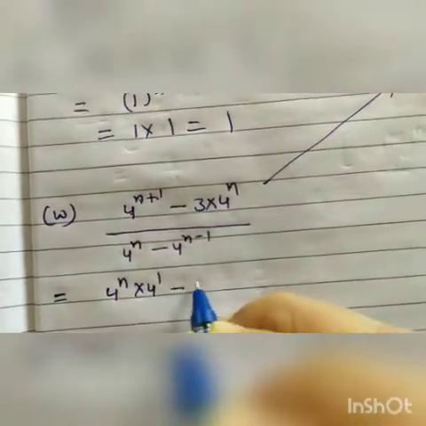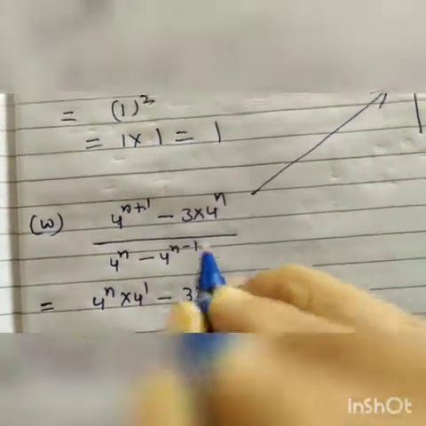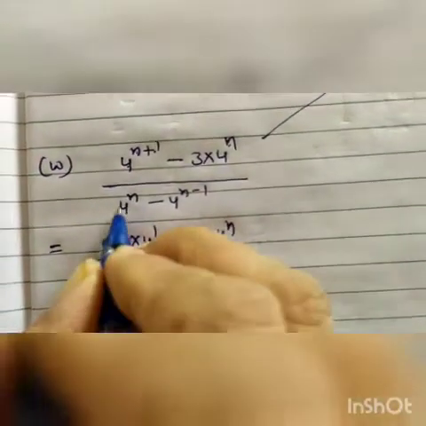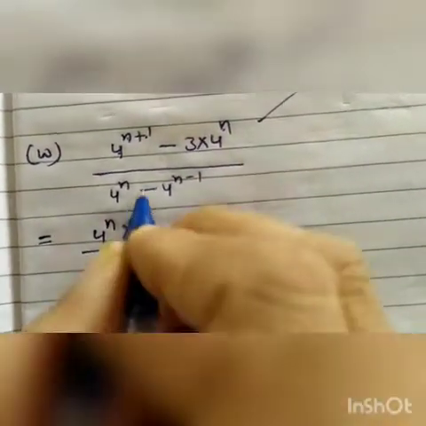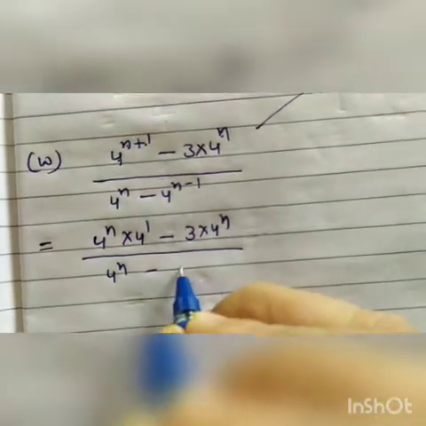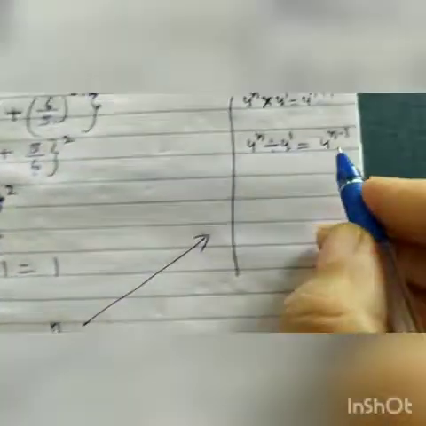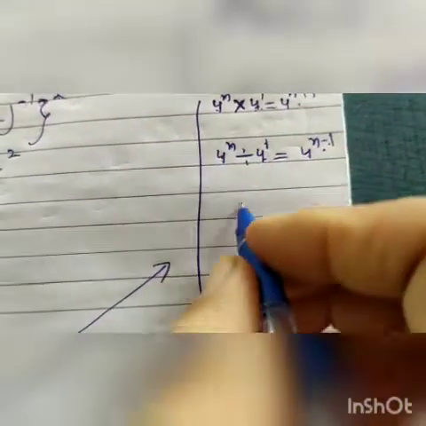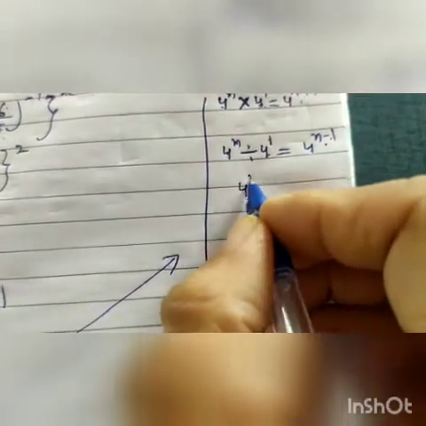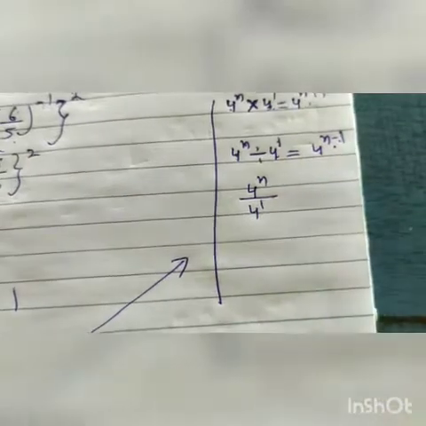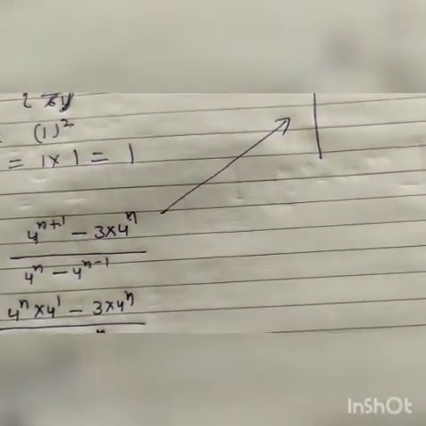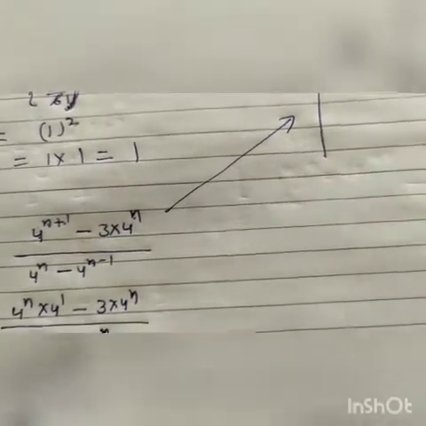Now this minus 3 into 4 power n. This will be written as it is upon 4 power n, this minus, then 4 power n minus 1 can be written as 4 power n divided by 4 power 1, or we can write 4 power n upon 4 power 1. So I am writing it 4 power n upon 4 power 1. Now